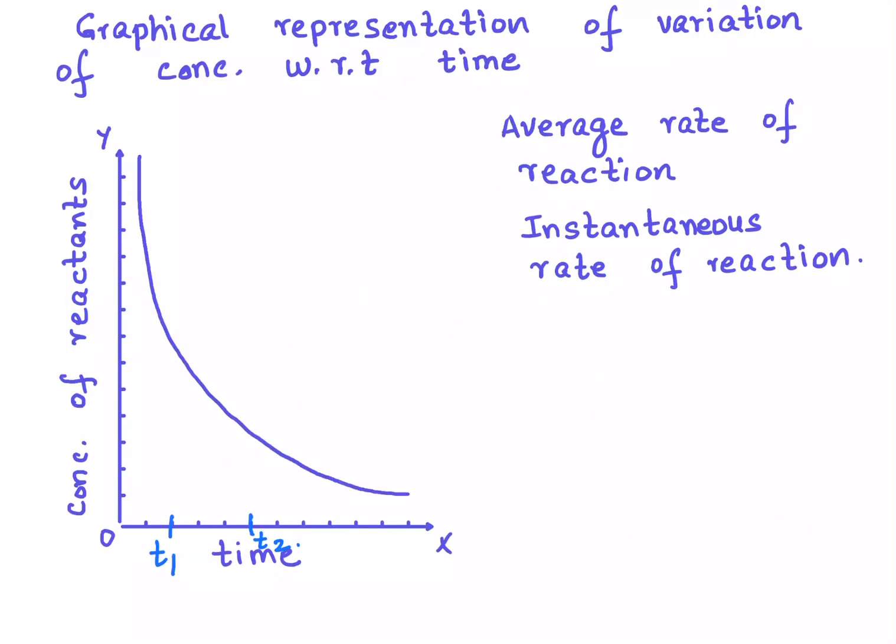Let's see over here. Now I have put in a graphical representation of the variation of concentration of reactants with respect to time. First thing is you need to understand this graph. See over here, on the y-axis we've got the concentration of the reactants, and on the x-axis we have taken time. Here I have not mentioned the units, but on the basis of whichever reaction you are doing, don't forget to mention the units as well as the unit in which you are measuring time.